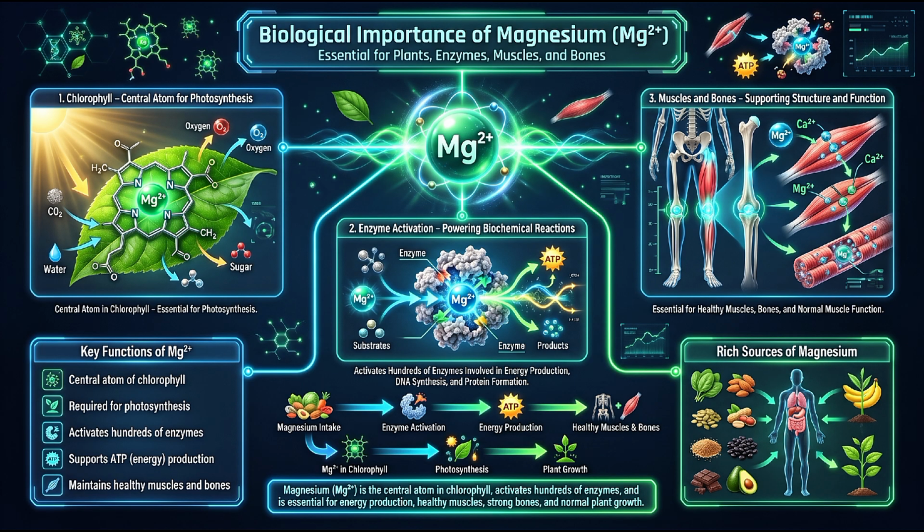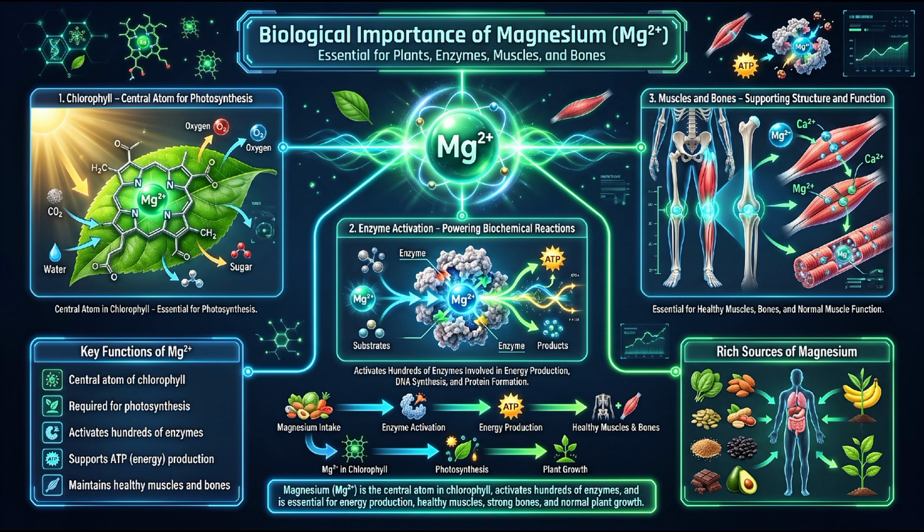Magnesium also plays a central role in energy production because it is closely associated with adenosine triphosphate, or ATP, which is known as the energy currency of the cell. Nearly all ATP inside cells exists in the form of a magnesium-ATP complex. Magnesium stabilizes ATP molecules and allows enzymes to release stored energy whenever cells require it.